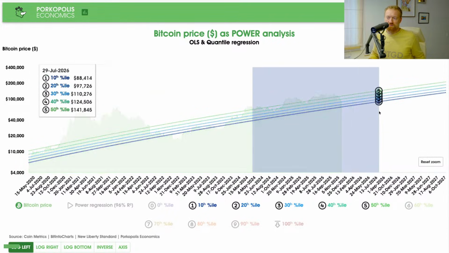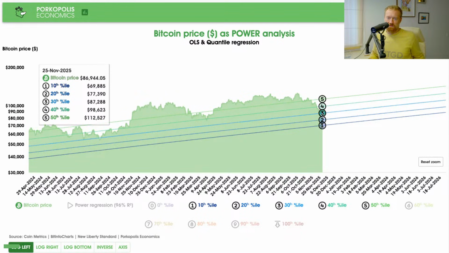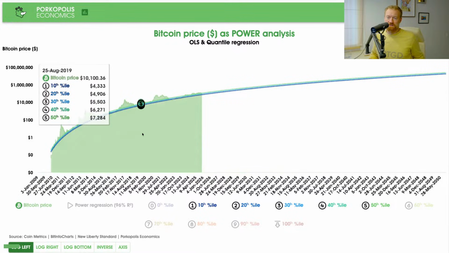So let's just look where we are. All right, again, if we assume that the 10th to the median, the 50th percentile is the most common. We're now below the 30th percentile in $BTC. Really, really cheap. But also, to be fair, quite